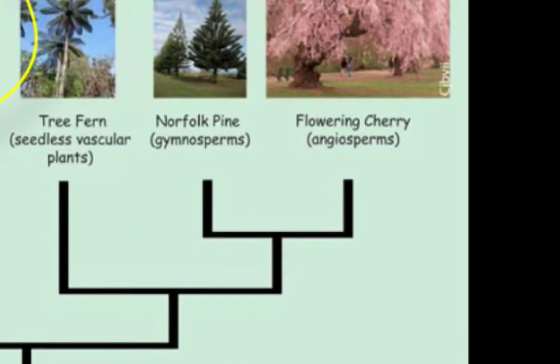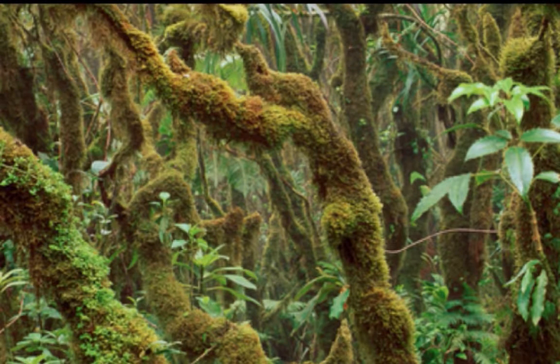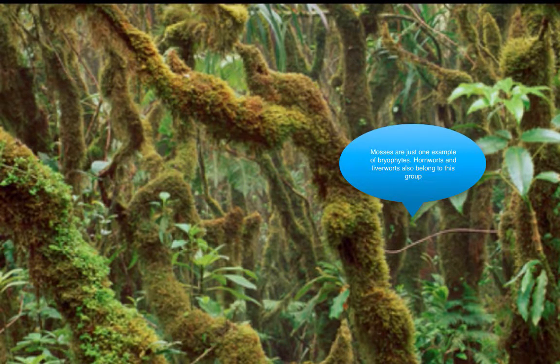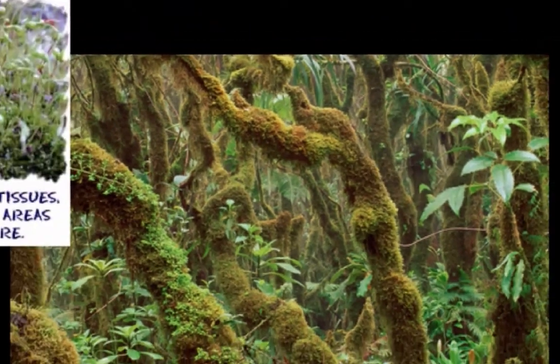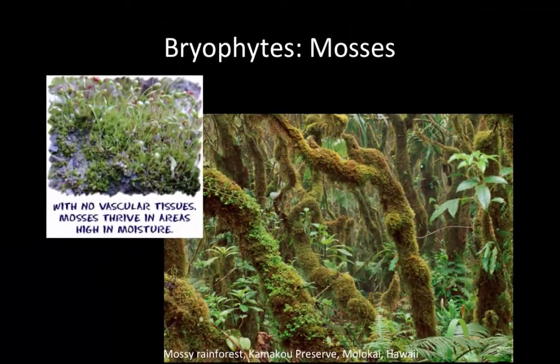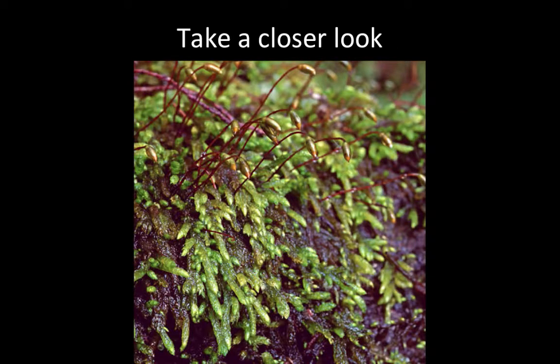Okay, so why don't we cover bryophytes now, or mosses? Mosses are really cool. You see them growing all over the place in wet areas. They definitely need a very wet environment because mosses don't have true roots or a true vascular system. So they have to grow close to the ground or close to a structure where they're getting supported by. But then if you take a closer look at mosses,